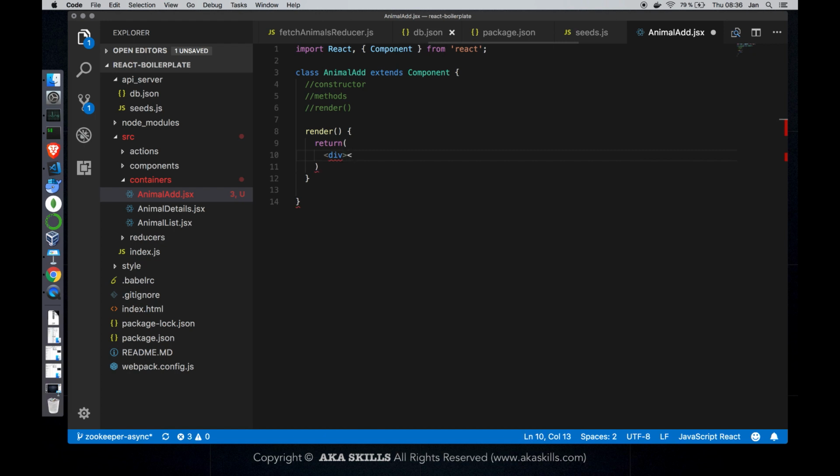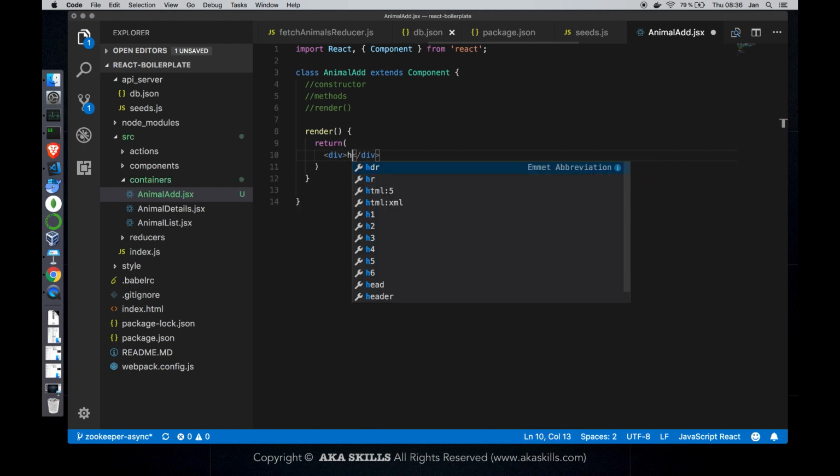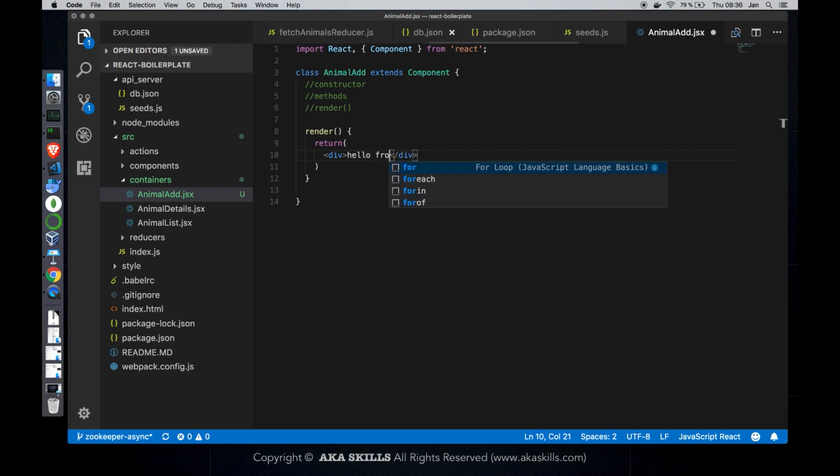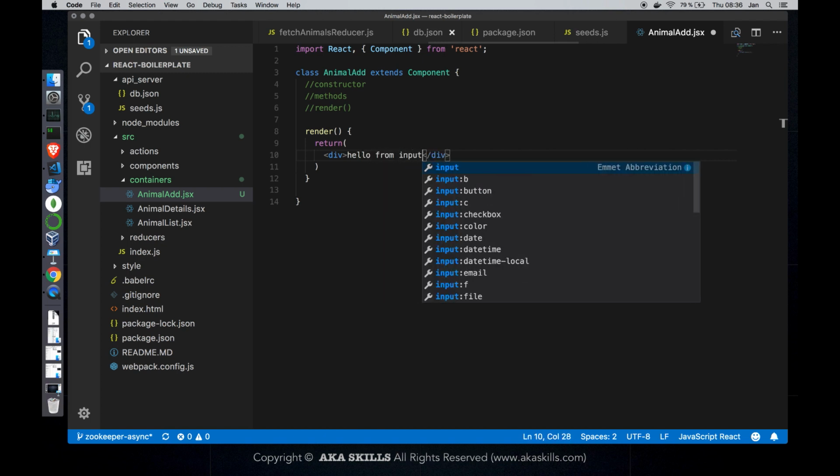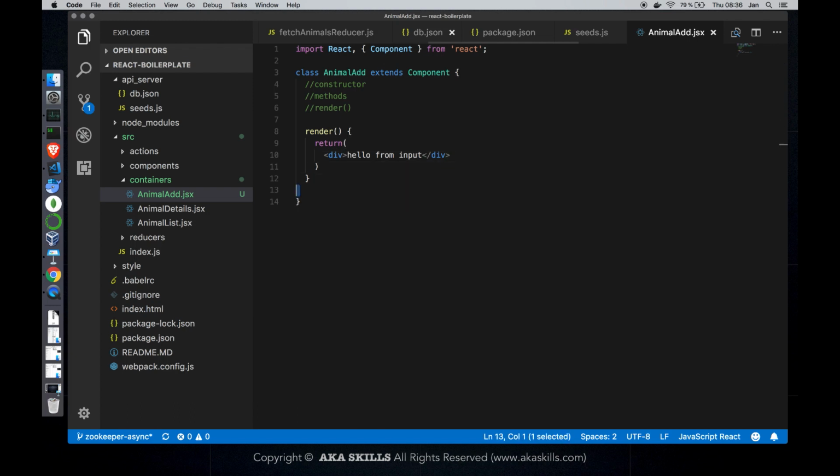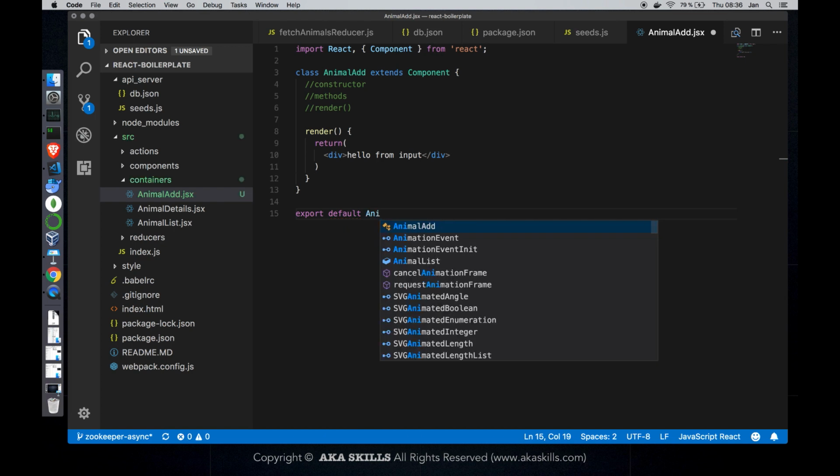a div as a wrapper. And inside this div, I will say hello from input. It's just for testing purposes. As we didn't export the whole thing, we need to export default now the animal@